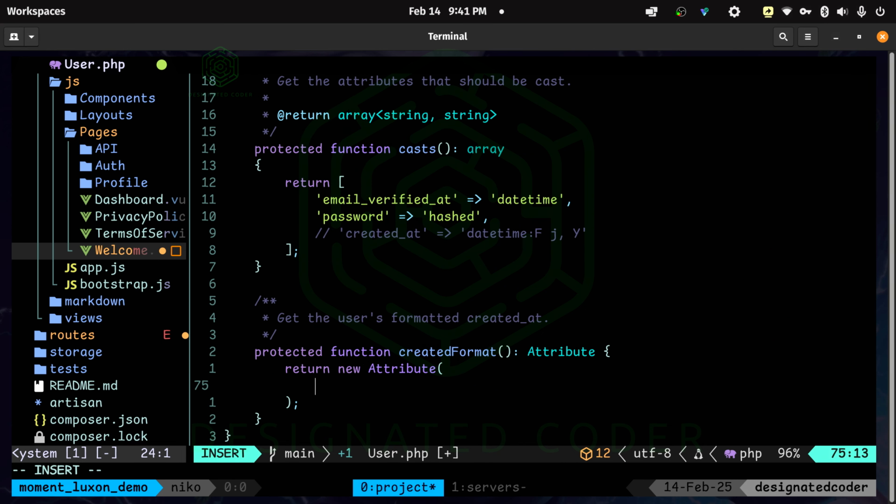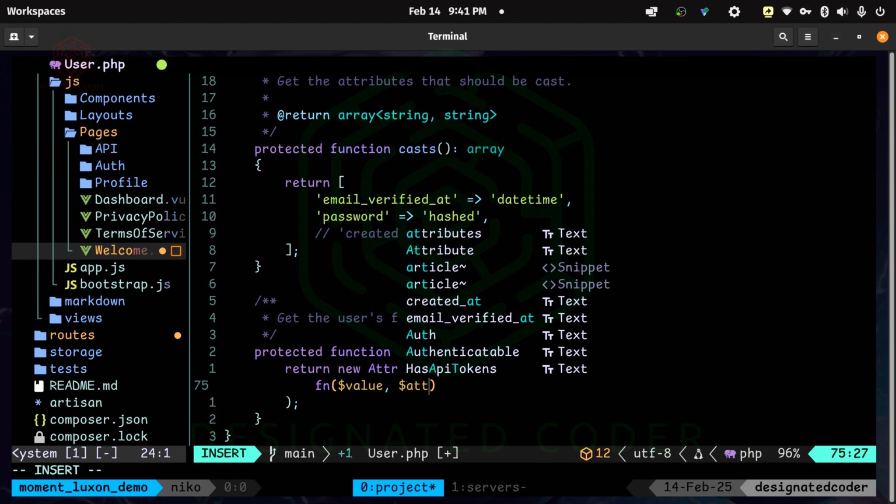And what we're going to do is change this so that Laravel can use it just fine, but we don't touch our created at so that everything else can just use it from the database, and no matter what front end you're using. Here we can just return the new attribute, and we'll do fn for function. We're going to pass in the value. We're also going to pass in the attributes.